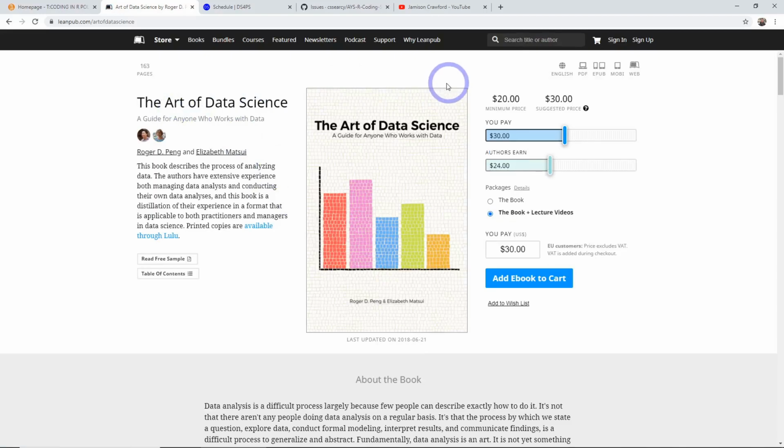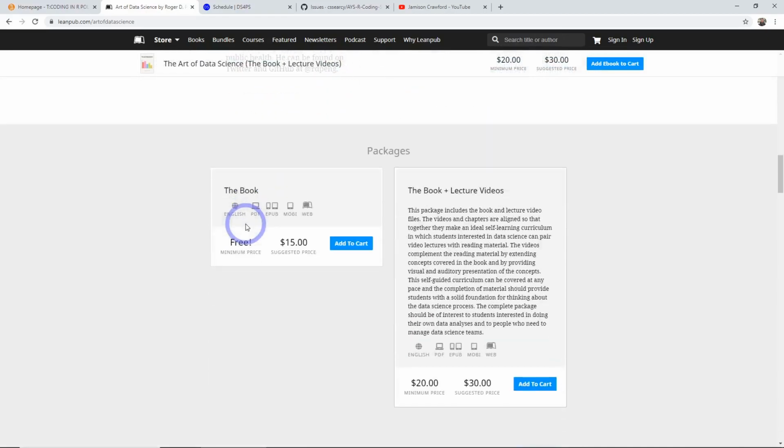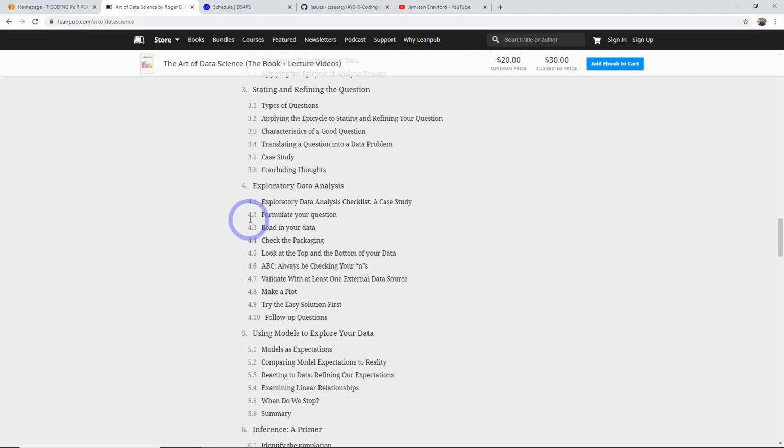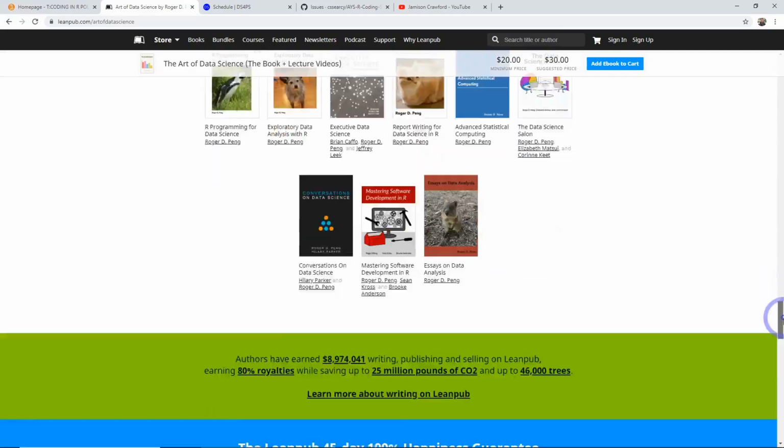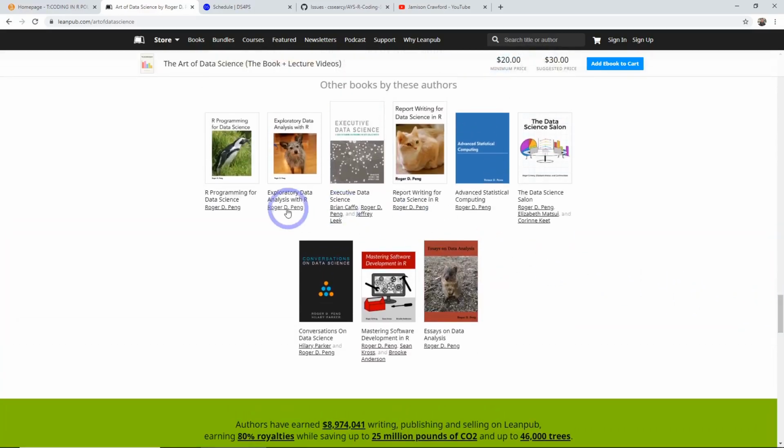the cool thing about LeanPub is that you have tons and tons of books that are actually works in progress. They're getting updated over time. And so in this case, this is a minimum price and a suggested price. Now you might be wondering, why is there a suggested price? Well, most of the books on this website are absolutely free, and I strongly recommend checking it out, not only for data science, but I mean, they're just